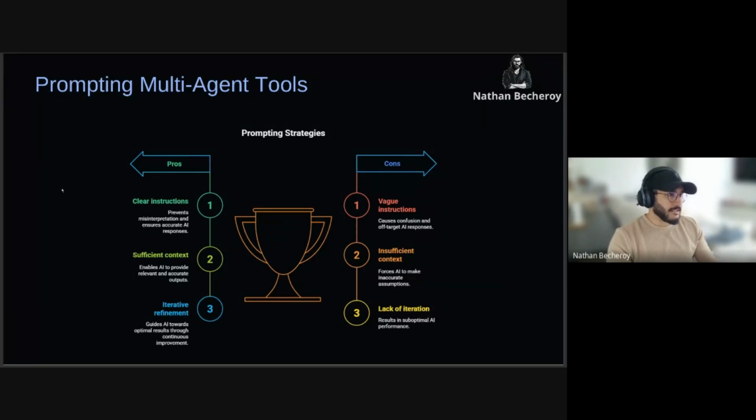And then, let's talk about prompting for these multi-agent AI tools, and pros and cons.